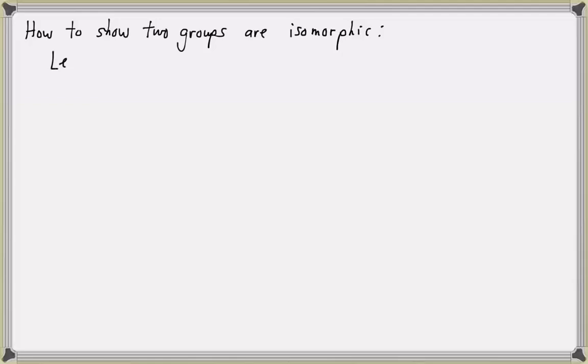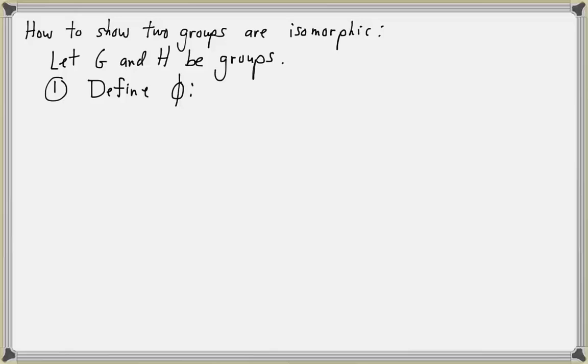So let G and H be your groups. First, we need to define a homomorphism from G to H. So define phi from G to H,